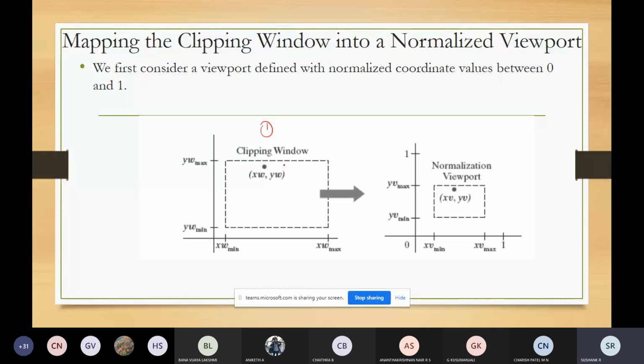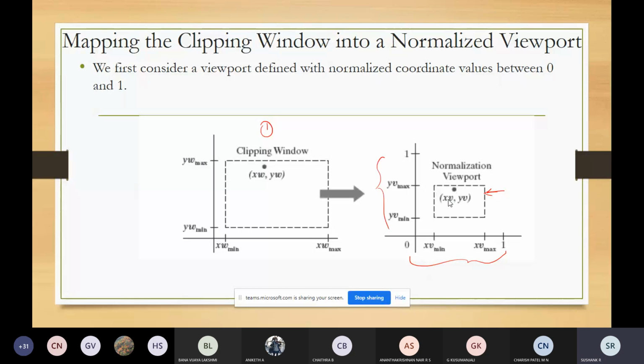First, you will consider a viewport which is defined in the normal coordinates. Here the maximum value will be from 0 to 1, 0 to 1.